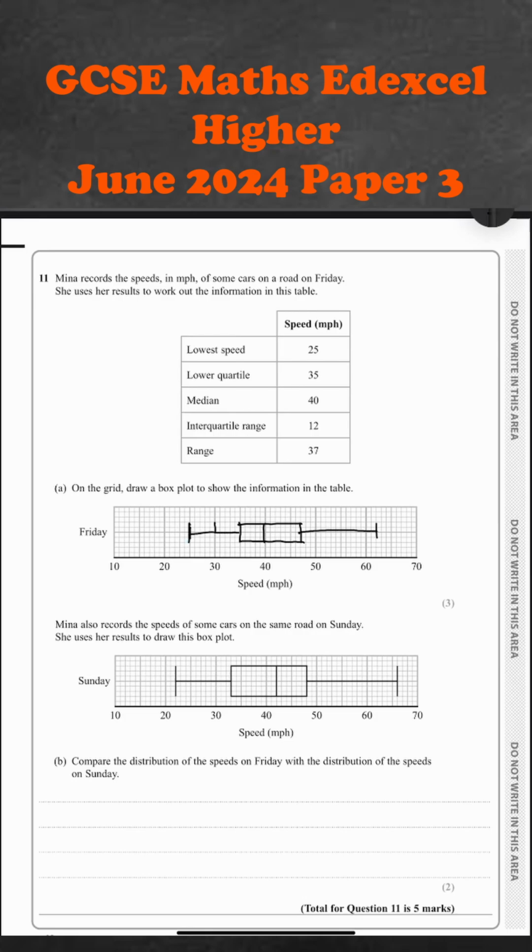Mina also records the speed of some cars on the same road on Sunday. She uses her results to draw this box plot. Compare the distribution of the speeds on Friday with the distribution of the speeds on Sunday. So this is worth 2 marks, this second part. So all I'm going to say is the median